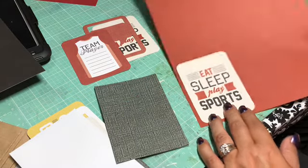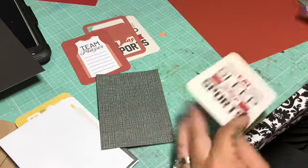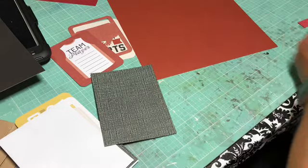So we know that we're going to use it that way. And I know for sure that I'm going to use this way. Now I'm going to go ahead and cut it. I'm going to kind of measure here off the side on the right side here so that you won't see it, but it's on my